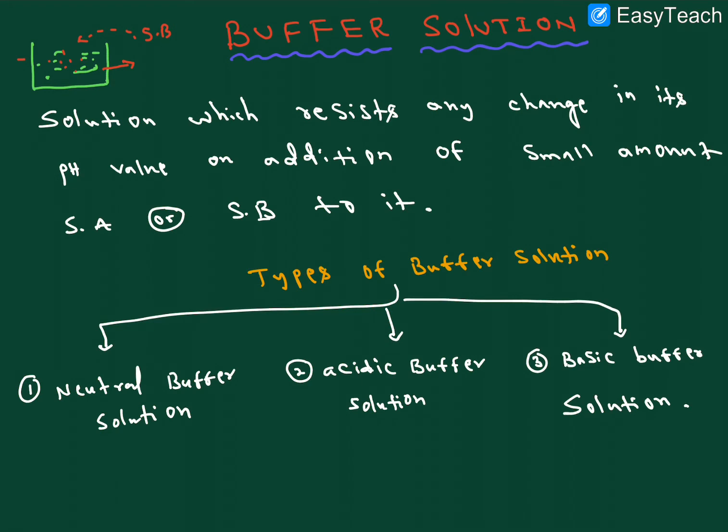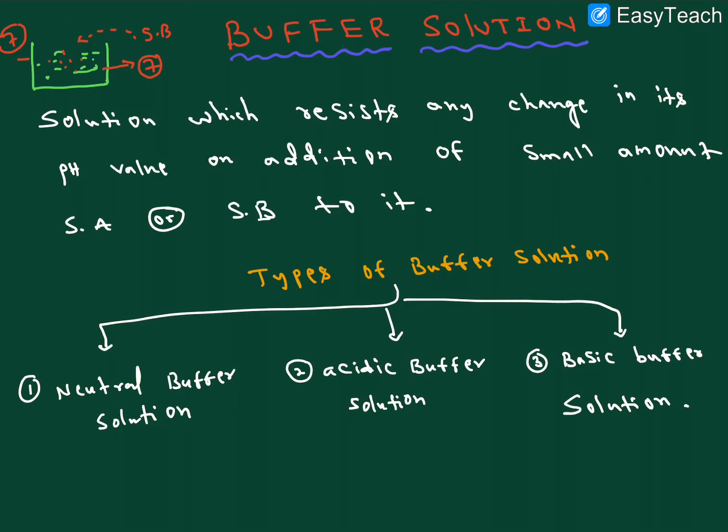Initial pH is 7, right? After adding base also, for example, I am saying here, it can remain 7. So generally neutral pH we can take 8 or 9, right? Whenever we add a small amount of base or acid to the solution, that solution's pH remains the same. Such a solution is called a buffer solution, right? I hope it is very clear.